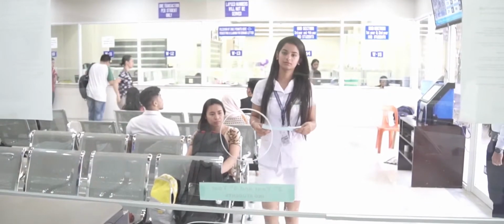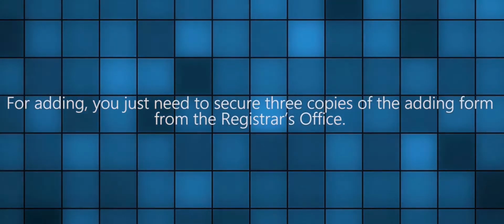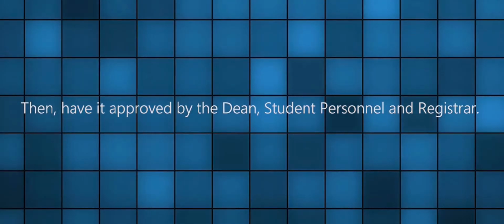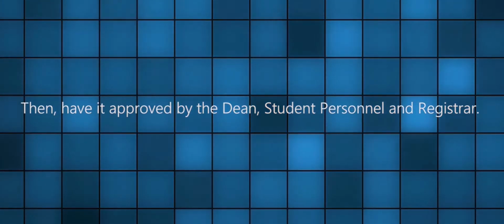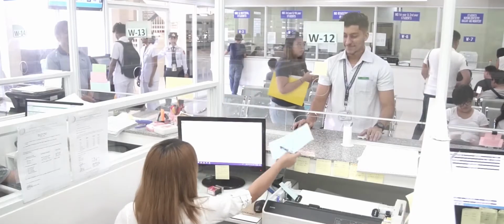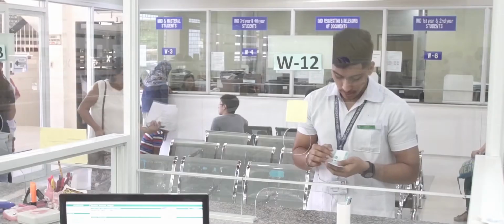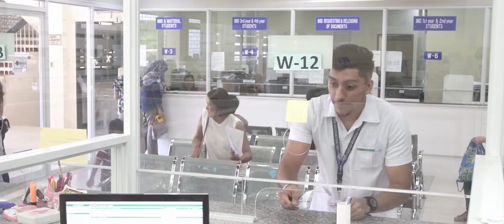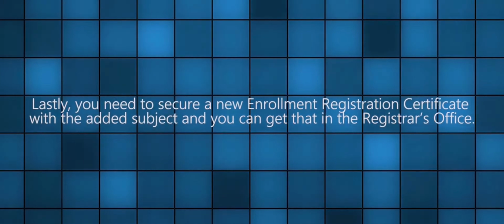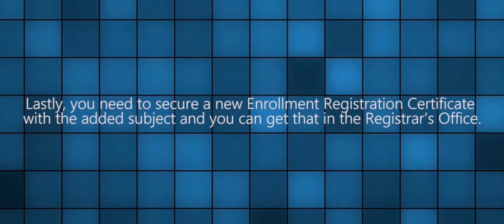Let's talk about adding and dropping subjects. For adding, you just need to secure 3 copies of the adding form from the registrar's office. Then, have it approved by the dean, student personnel, and the registrar. Next is processing the payment to the cashier. You then submit an accomplished form to the college dean, registrar, and cashier. Lastly, you need to secure a new enrollment registration certificate with the added subject, and you can get that in